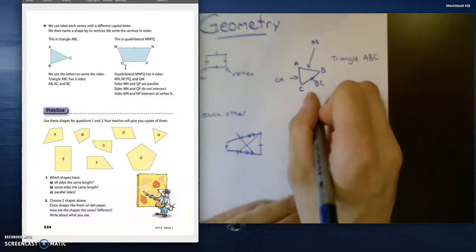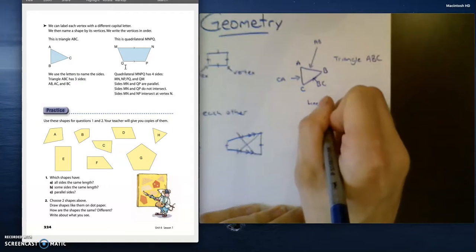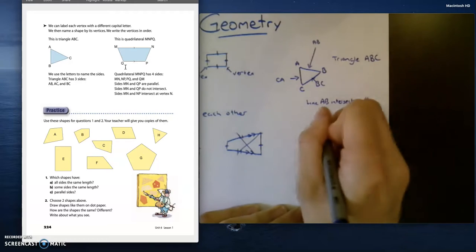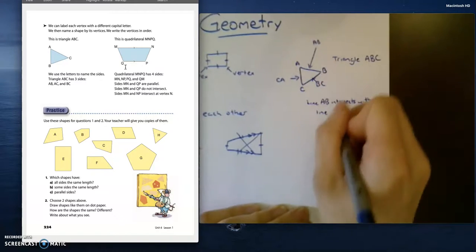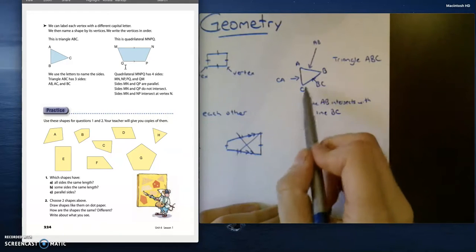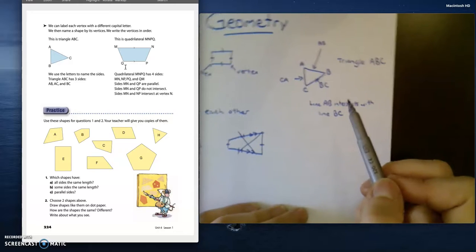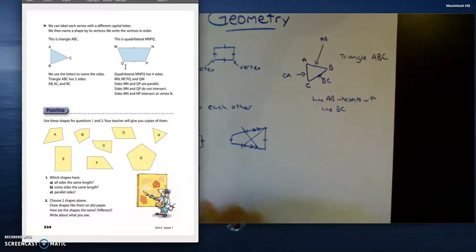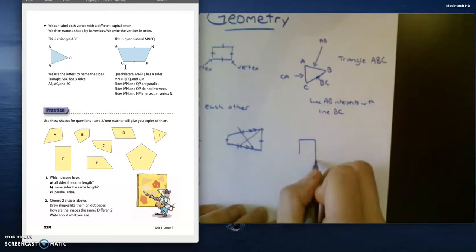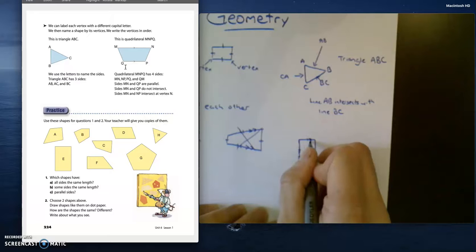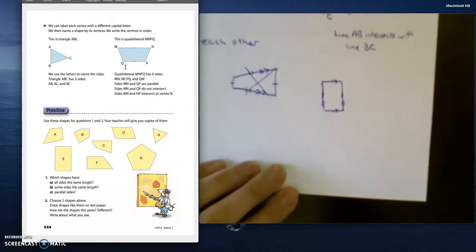And then I could say something like this. So line AB intersects with line BC. All right. And I could also say, right, line BC intersects with line CA. Okay. Different things like that. Then if I wanted to do a little rectangle here, do some hatch marks, do a couple little arrows, just so I know for sure. Yeah, that's going to be pretty squishy there, but